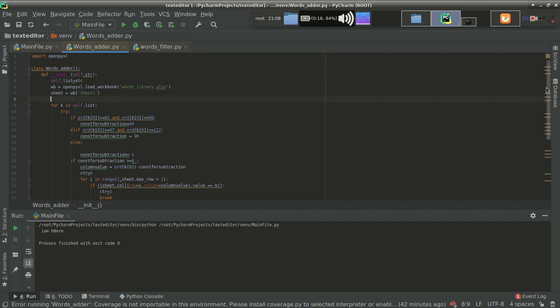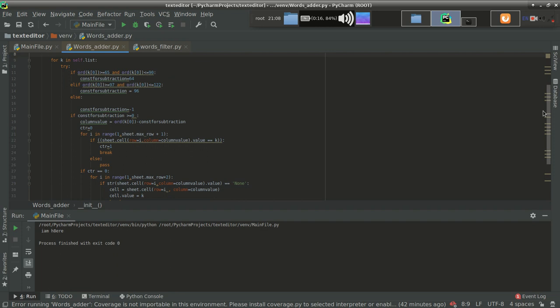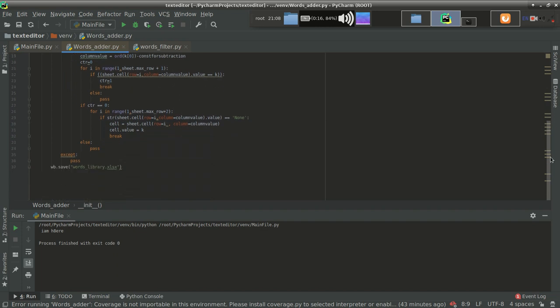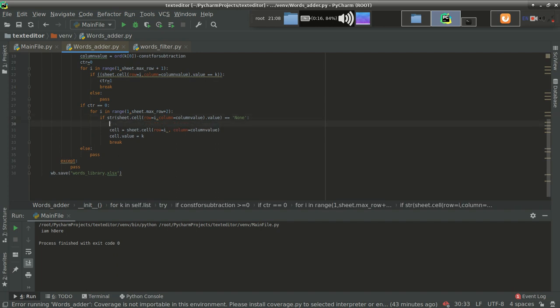Now the question is why it is not being added to the Excel file. Yes, I've got it. Let's see whether it has reached here or not. Print 1 2 3.